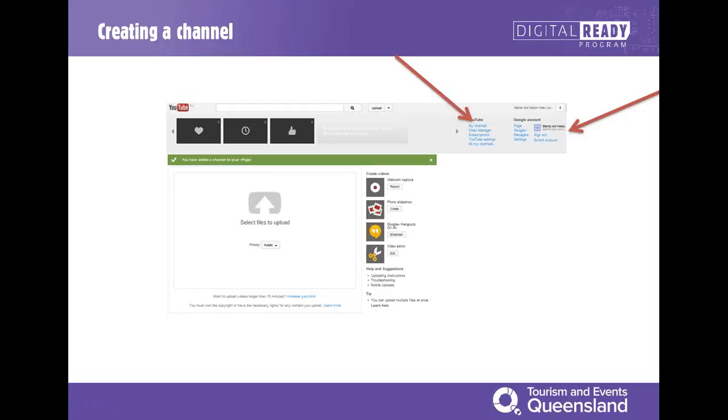If you were wanting to come back in at a later time, you've created your channel. You will see here, if you go to that same area at the top, you get an option now of multiple accounts being open in that one area. So it's very hard to see at the moment, but it says switch account, so you can go from your personal account to your actual business channel account and so forth. So you can switch in this area, which is perfect. So anytime you want to upload, make sure you've switched into the right account, okay? All right.